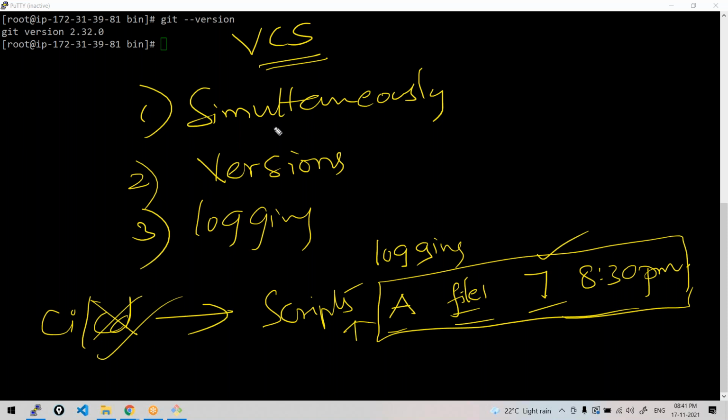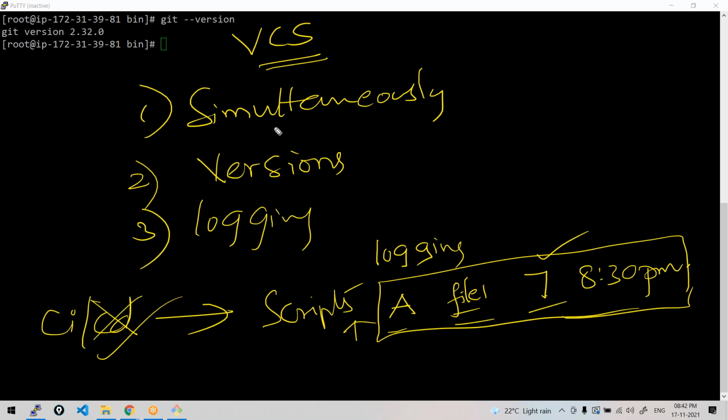Basically it will allow a team to collaborate well. We should collaborate well in our team first, before collaborating with other teams. The team should work with proper collaboration. If I made a change, my other teammate should know or have a history of what changes are happening there, right? So this version control system will help us.